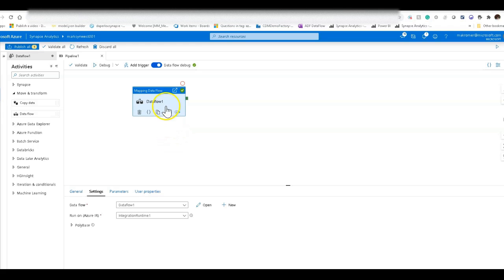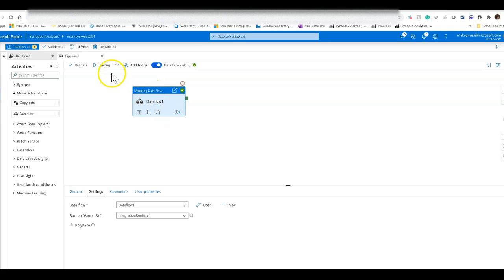And to do that, we use the cluster that has been activated here from your integration runtime. So from my data flow debug session right here, I have an integration runtime that I use, which is my integration runtime 1, and that is already running a Spark cluster in the background. So for Synapse Analytics, it's running a Synapse Spark cluster. In ADF, you'll be running an Azure Databricks cluster. So this is how I'm able to do my debugging.